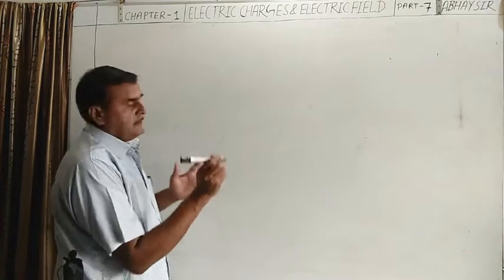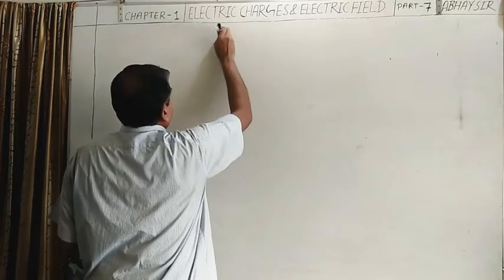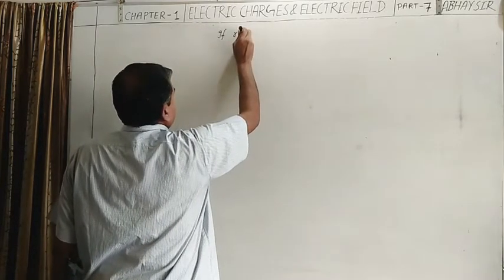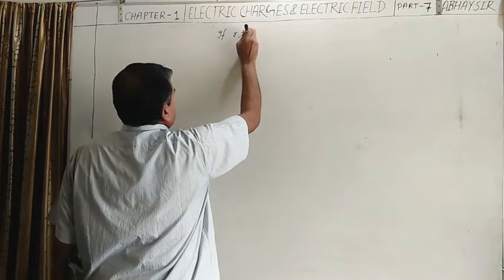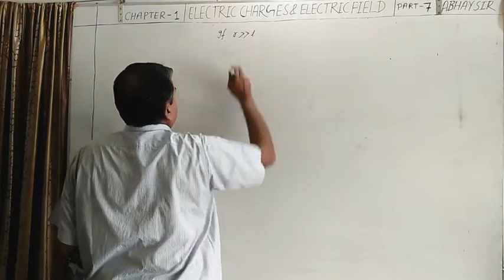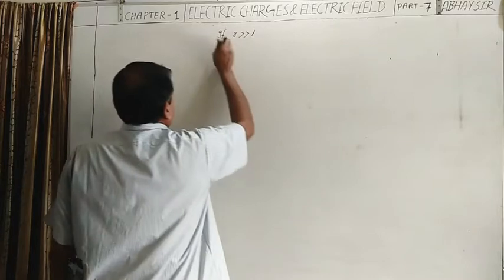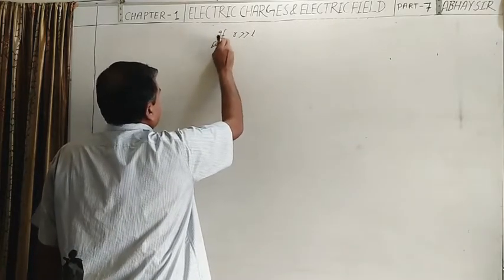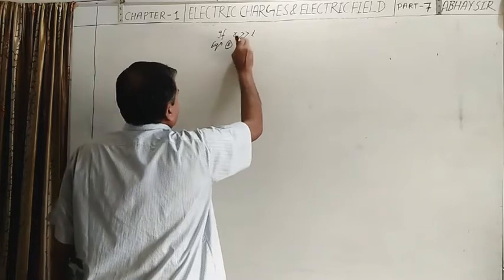Now we can take a special case if r is too much greater than L. Equation 3 reduces to